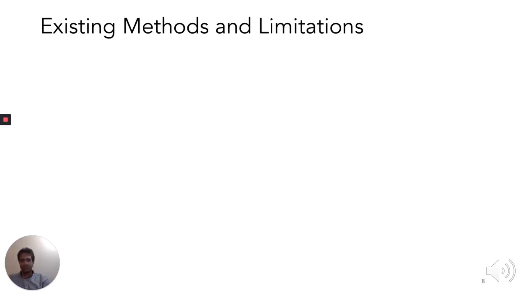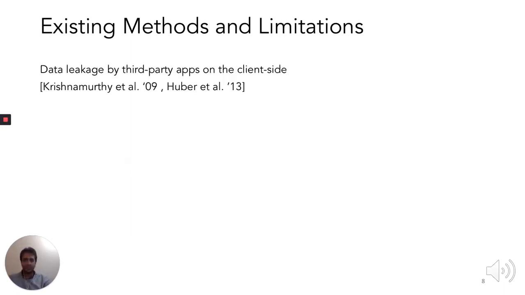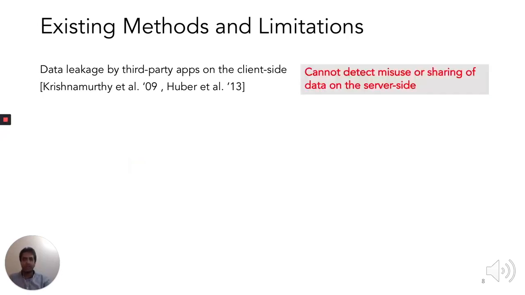Now, to curb data misuse by third-party apps, there has been some prior work to investigate data leakage by third-party apps on the client side, such as browsers. For example, Hubbard et al. investigated an app by installing it in a dummy Facebook account and then looked for any data that has been leaked to any advertiser or tracker or another server on the app's website. However, the problem with this approach is that it cannot tell whether or not the leaked data has been misused or was it just accidentally being leaked. And secondly, we cannot tell whether or not any sharing or misuse of the data has occurred on the server